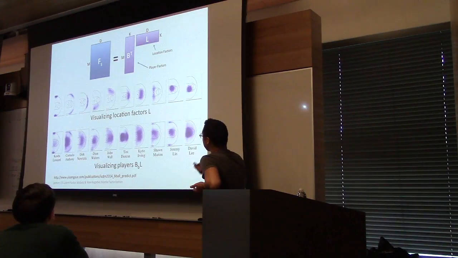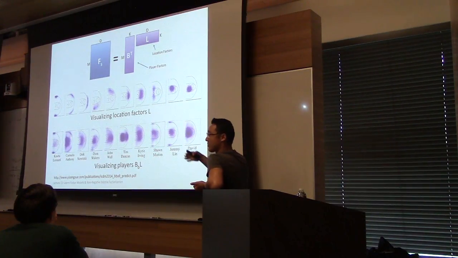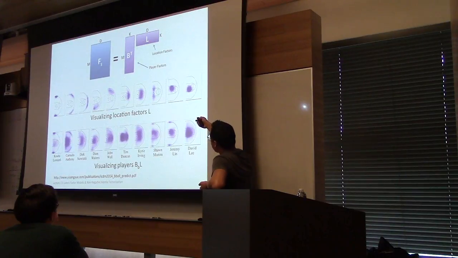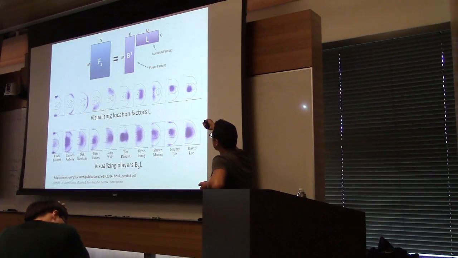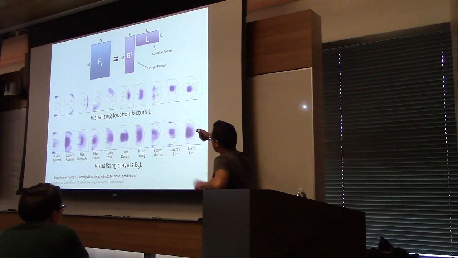And so this is one of the models that we learned with 10 factors. We tried a few different numbers of K. D is 2,000 and M is 457. There are 457 players in the NBA the year that we estimated this data for. And K here is 10. So D is 2,000. If you take a row of L and you unflatten it to a 40 by 50 matrix, and you visualize it,